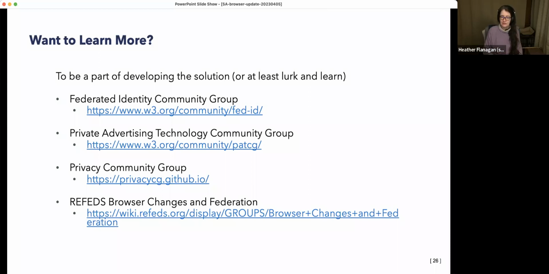And last but not least, there's the Refeds browser changes in Federation group. So this is very, very focused on the research and education lens for all of this. The work is, of course, bigger. The work is global in scope. The work looks at